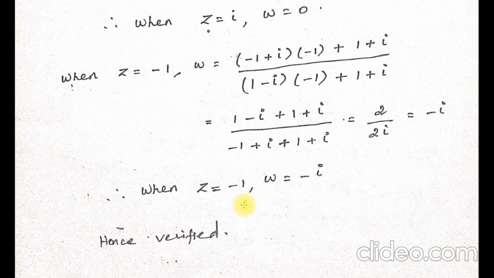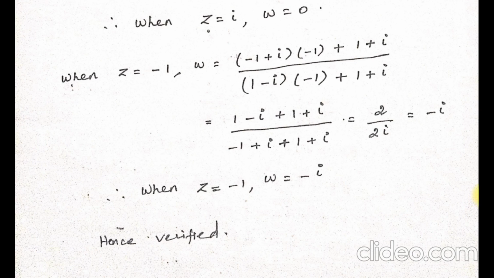One more thing: this is a very important topic. You can expect one question from this topic of this pattern. What is the pattern? 3 inputs and 3 outputs will be given, and you have to find the bilinear transformation for those inputs and outputs. And the plus point in this topic is that you can verify your answer right away.